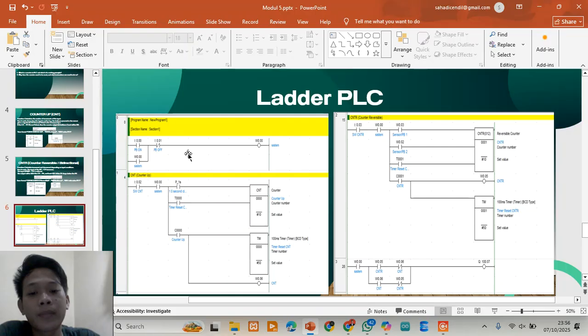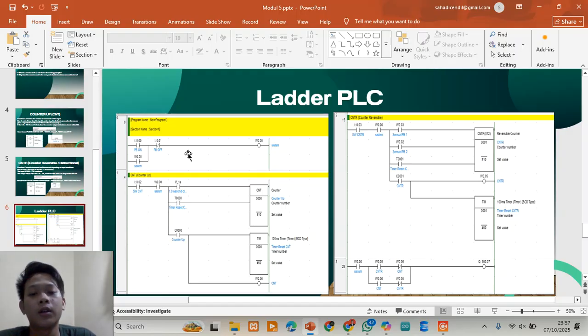the input address in the PLC, 002. And lamp 1 or solenoid to control the pneumatic cylinder connects to the output for CNT, and lamp indicator 2 or solenoid of the pneumatic system connects to output 10001 for CNTR.